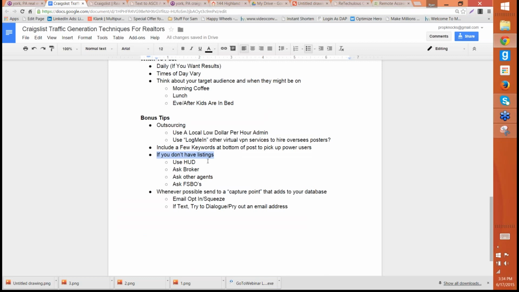You can use HUD listings in a lot of cases. Just make sure you're all set up with your broker to have a HUD key. There are plenty there, and none of your competitors are taking the time. Go ahead and post a HUD listing. Ask your broker. The broker of record is always on that listing. So whether or not the other agents in your office like it, maybe the broker will like that you're doing it and will give you permission